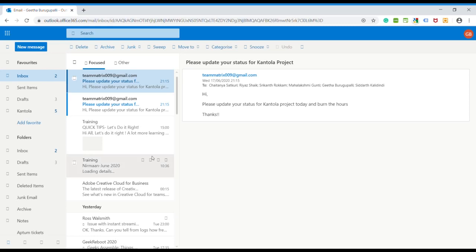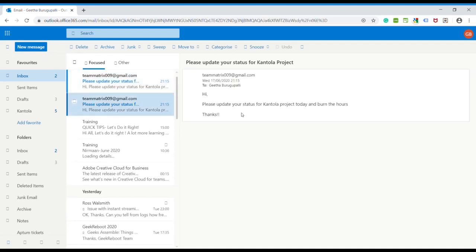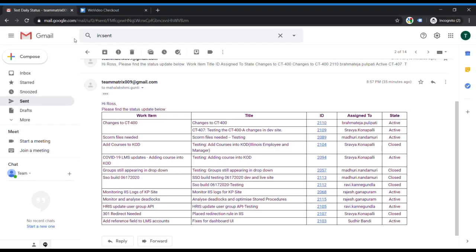Here is the email that is sent in bulk to all the email recipients. We can have a single notify as well with this option. This is our complete daily status email which we will receive at the address we have set. We have set a temporary email to be sent, like Mahalakshmi, so this email will be sent.